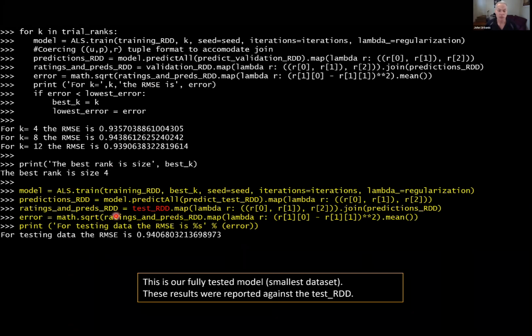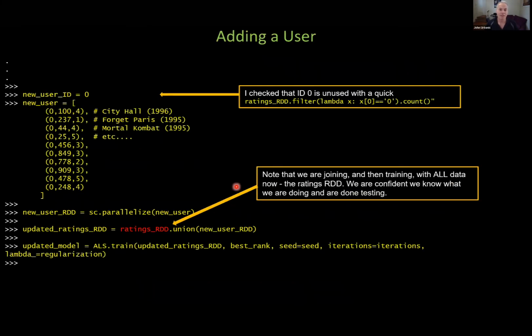Let's see how much of a winner we have. Let's see what our score would be when we actually submitted this to Netflix. And all we need to do now is to swap in our test data that we had sitting aside waiting for us the whole time. We do that, and we find out that indeed our error here is about 0.94 stars. Okay, that's not terrible for, again, a small data set and everything else. So we think we got a working model now. We think we're ready to go ahead and release this to production.